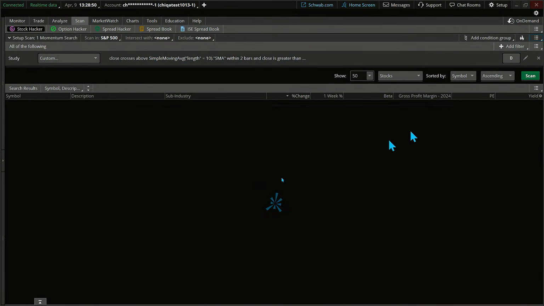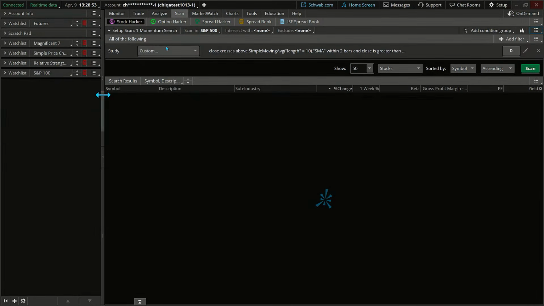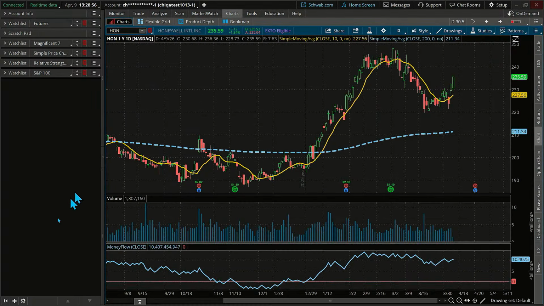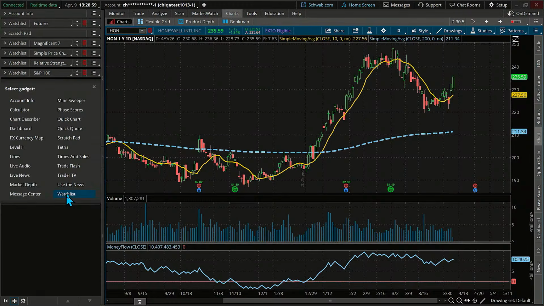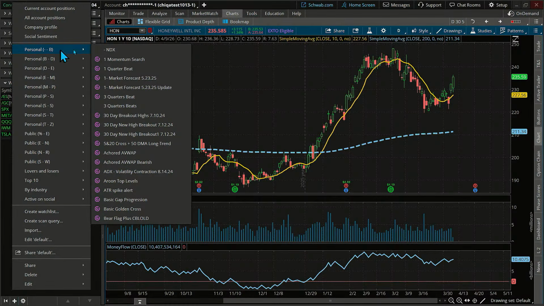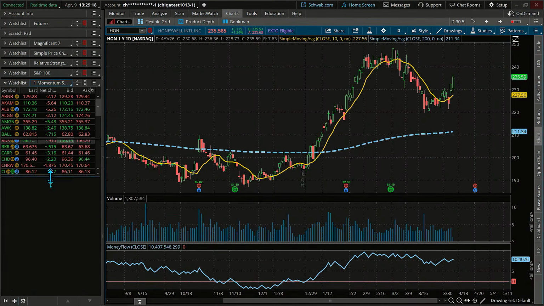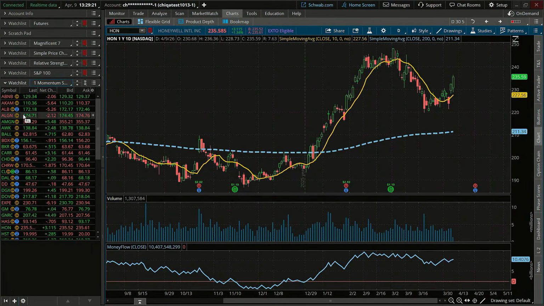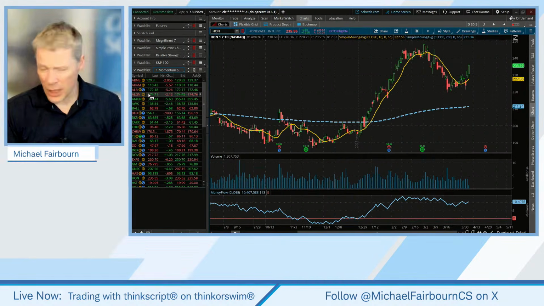Save. Now, what's awesome about the platform here, you can have any chart up that you want. I'm going to go over here on the left-hand side gadget window. I'm going to click on watch list right here. Let's go over here. And I put it at the top, and you notice what I've got? Yeah, I've used this before, but I put it right at the top for me just so I could highlight it for you guys. When it's got this little icon to the left, it means that it is a saved scan, meaning that it can run this criteria and look for this criteria every single day for you with new results, perhaps potentially new results. In fact, there will be new results frequently because we're just seeing over the last 2 days.